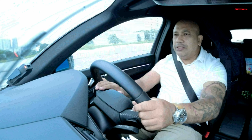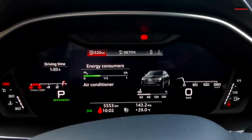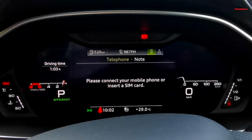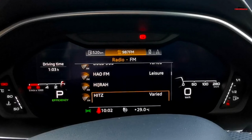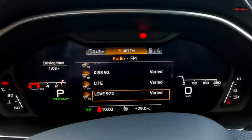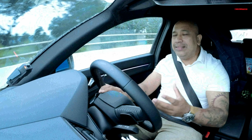All right, so all you need to do is scroll through the different information that you need right at your fingertips, from your fuel consumption, your oil level, the next servicing, things like the distance being traveled, and most importantly, your navigation as well. So all the information is right there